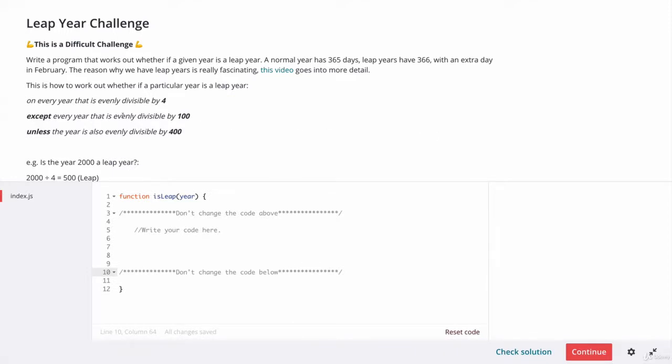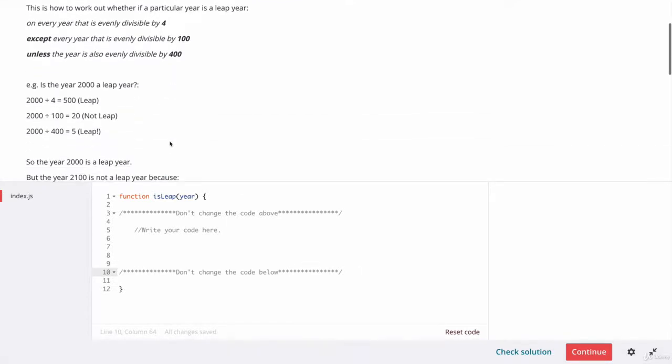So the rules are that on every year that is evenly divisible by 4, it's a leap year, except every year that is evenly divisible by 100. So if it's divisible by 4, but it's divisible by 100, then it's not a leap year, unless that year is also evenly divisible by 400. So the rules are a little bit complex, but it might be easier if you look through some of the